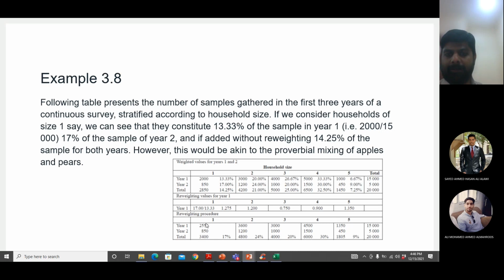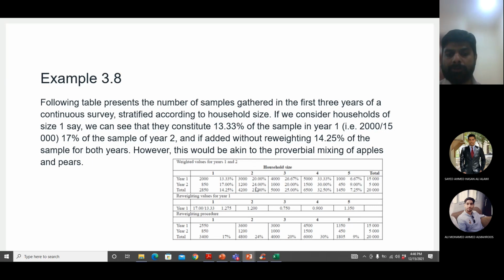Both have equal distribution now. Okay, household size of 1, both data sets, year 1 and year 2, after multiplying the year 1 data with the weighting factor, now have equal distribution. Obviously in terms of number it is more, but in terms of distribution it is the same. Same thing will be done for household size of 2.